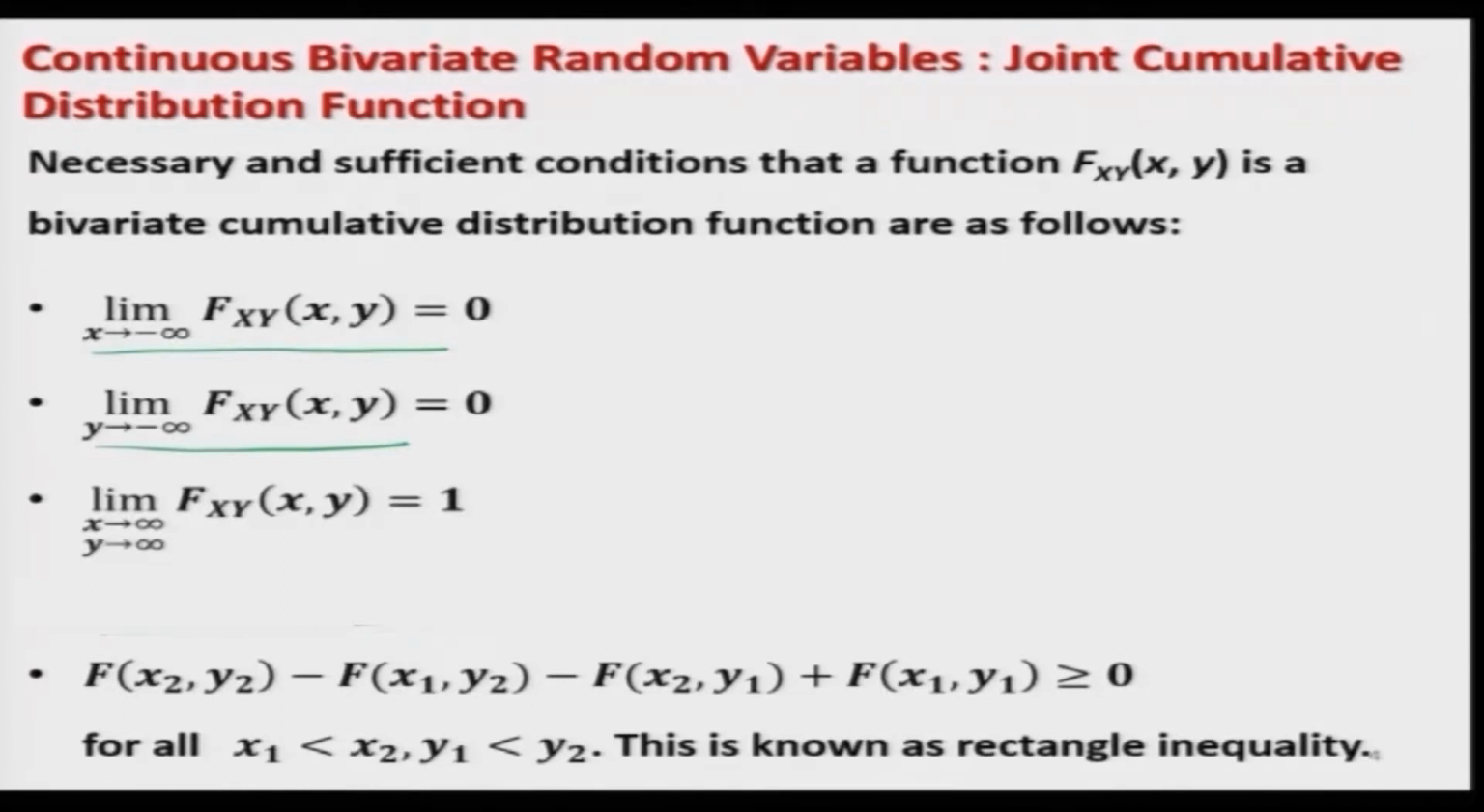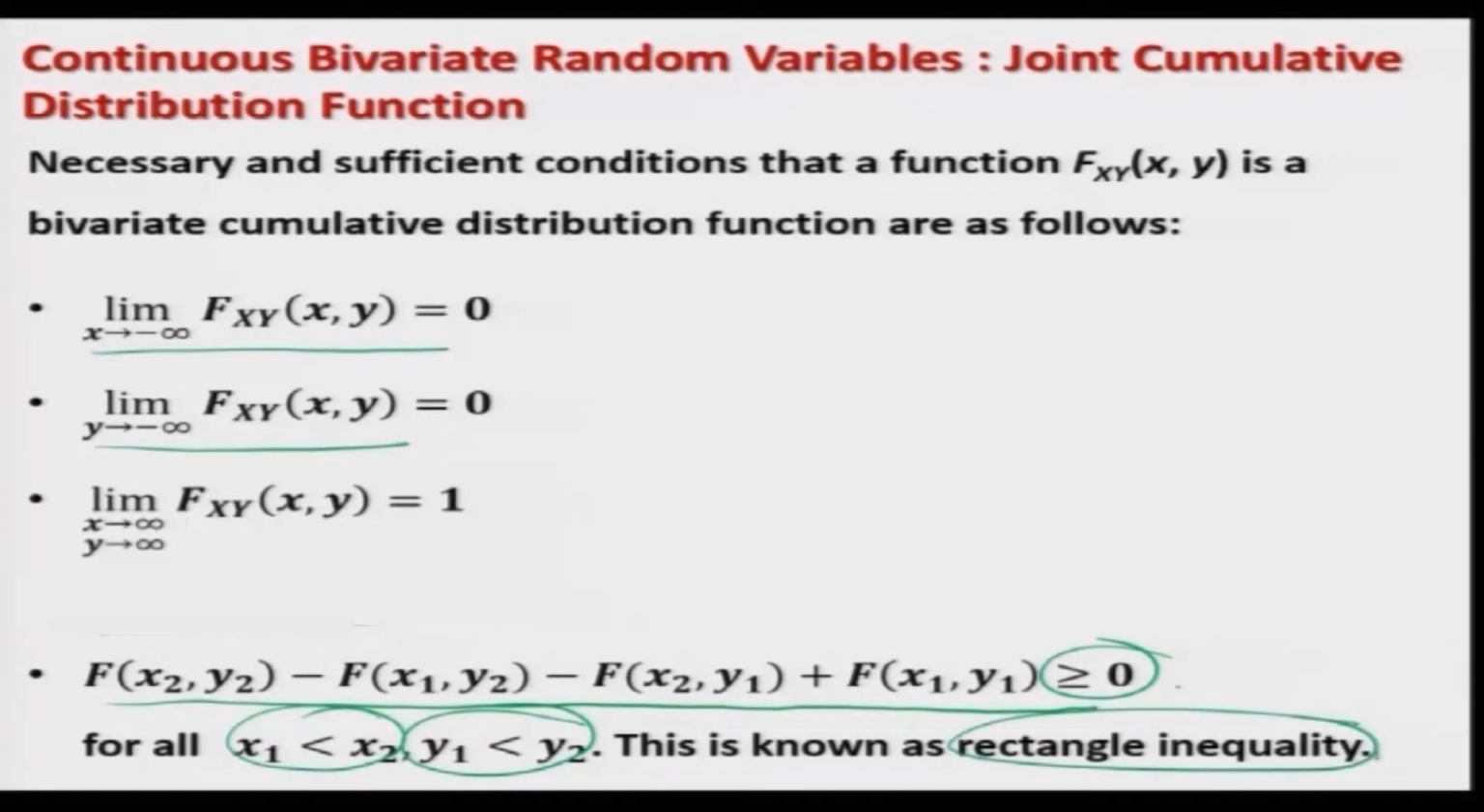Right, and if you try to see, these are the simple extension of the same definition that you use in the case of univariate. There is one more condition here, that f of x2 y2 minus f of x1 y2 minus f of x2 y1 plus f of x1 y1 should be greater than or equal to 0 for all x1, x2, y1, y2 such that x1 is smaller than x2 and y1 is smaller than y2,